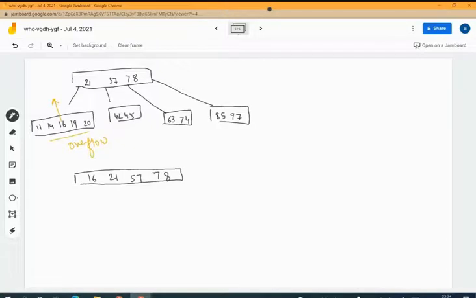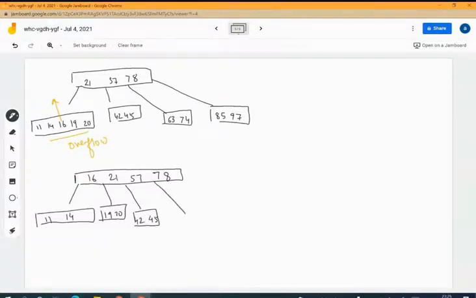क्योंकि अभी हमने 16 को पुल किया. उसके अंदर लेफ्ट चाइल्ड आपका आ जाएगा 11 and 14. Right of 16 will become 19 and 20 as it is. Left of 57, that is right of 21, will be 42 and 45.